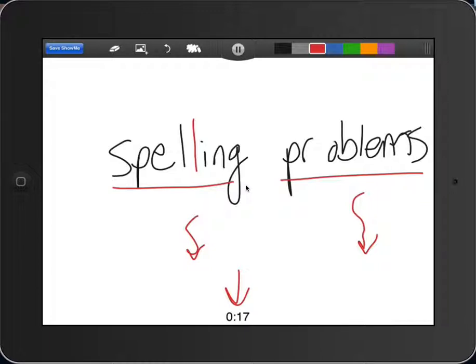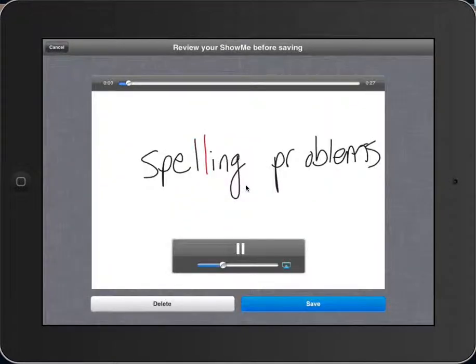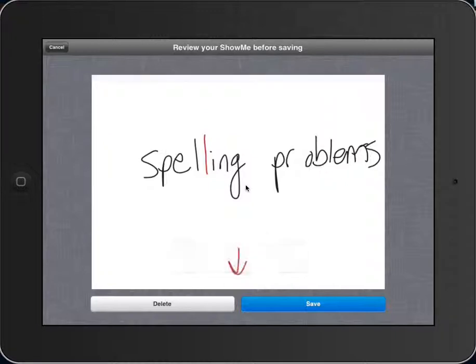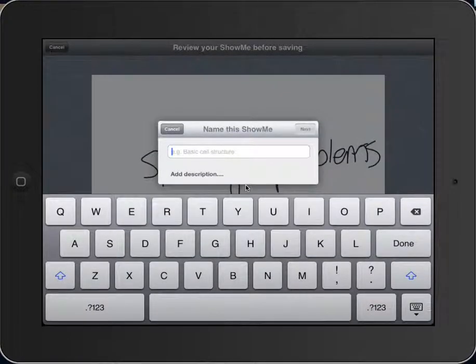It gives you a little bit more time to think things through, plan things out, work the next step, whatever it might be. Once you're finished with the ShowMe, you'll go up to the top left here where you see Save ShowMe. And what it does is it actually plays it back for you. It will give you an idea of whether you want to keep it. So you can go to Save or you can go down to Delete. Now if I go to Save,